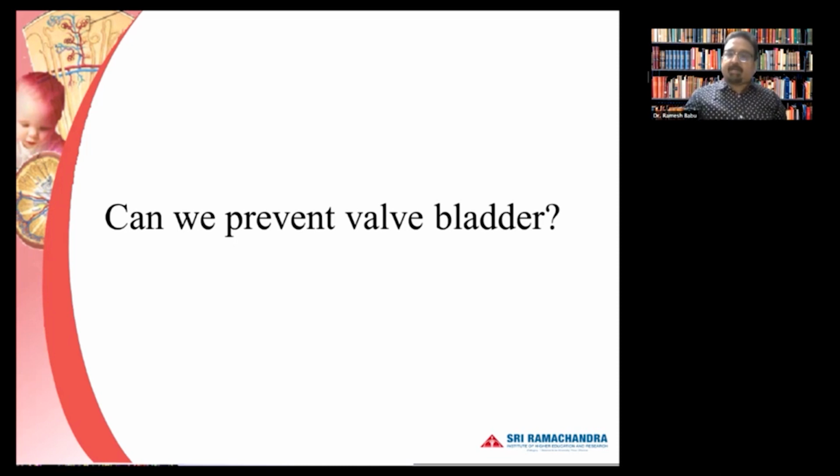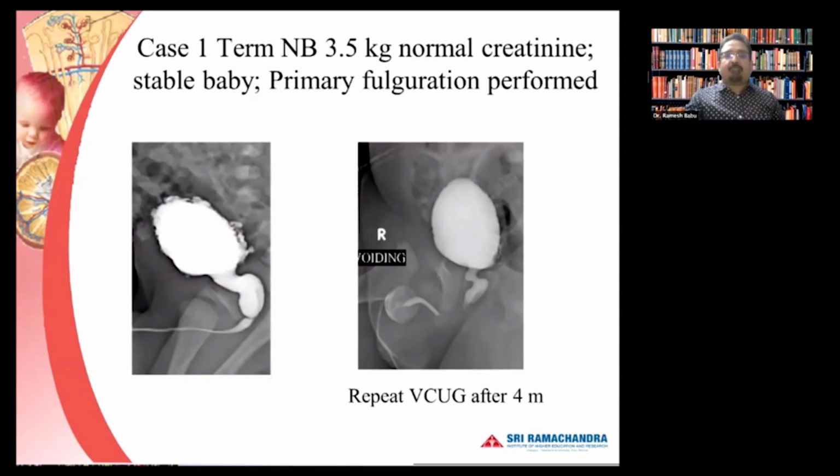I'll just illustrate how difficult the problem is with the posterior urethral valve. Now, this is a case of a term baby, a newborn, 3.5 kilos, normal creatinine. It was a stable baby. So a primary valve fulguration was performed. And as you can see here, there is dilatation in the posterior urethra, and that is a hypertrophied